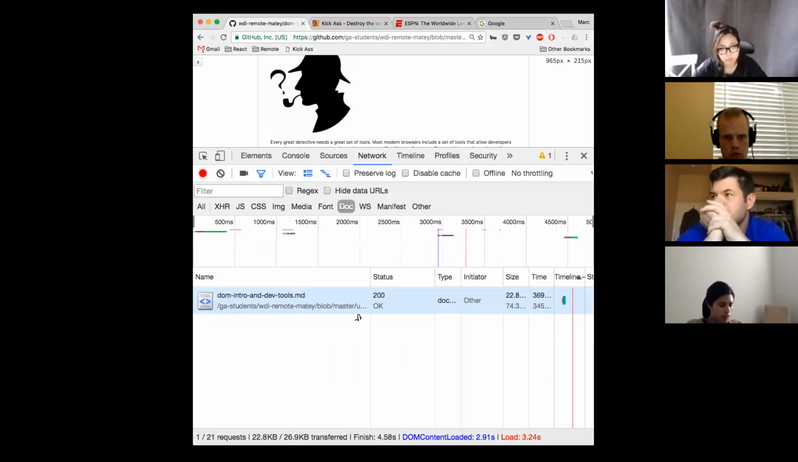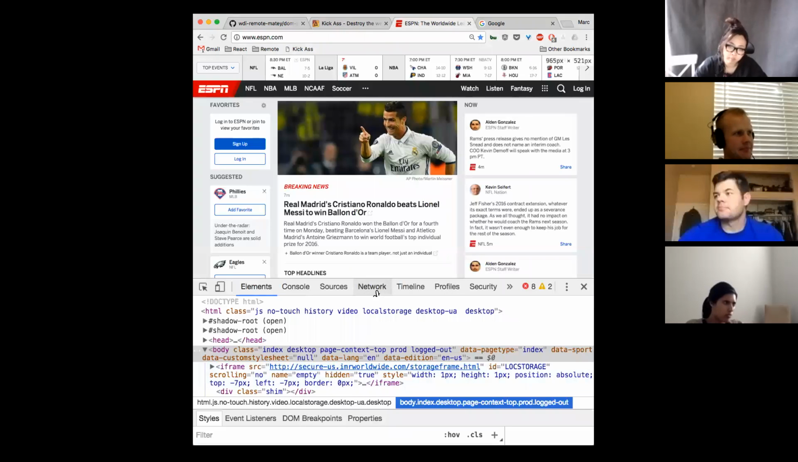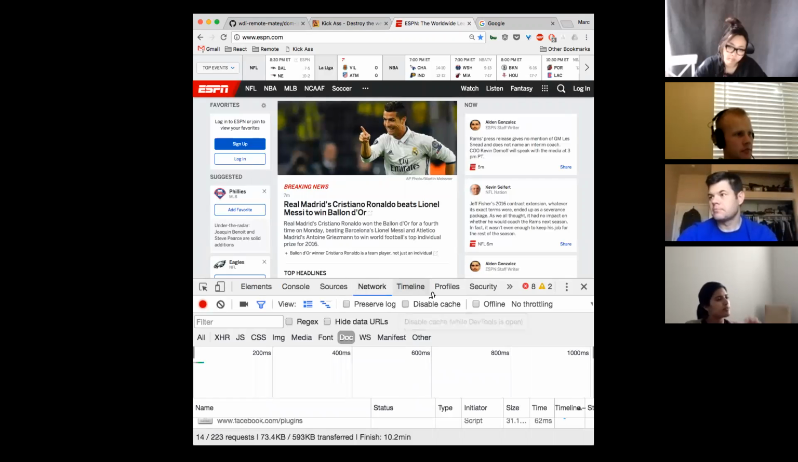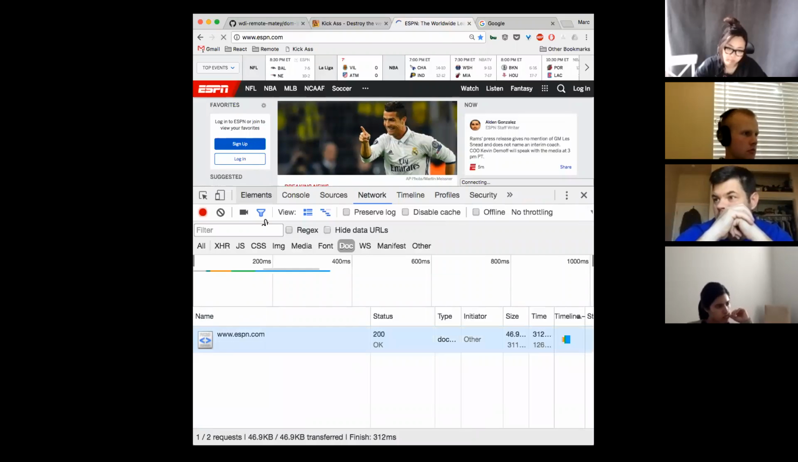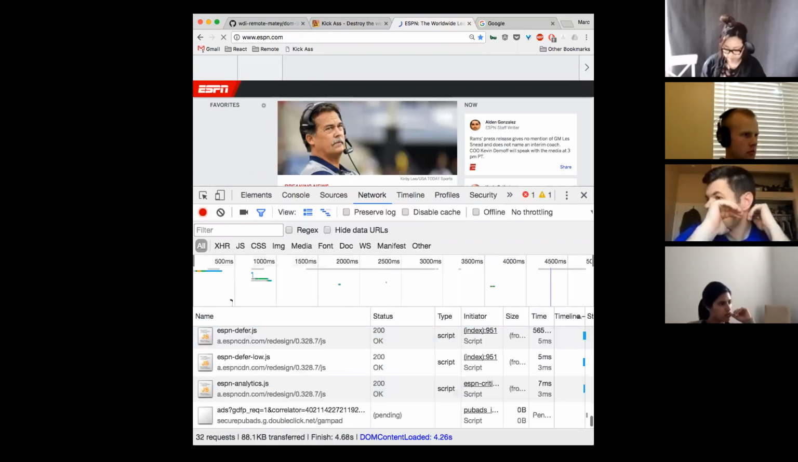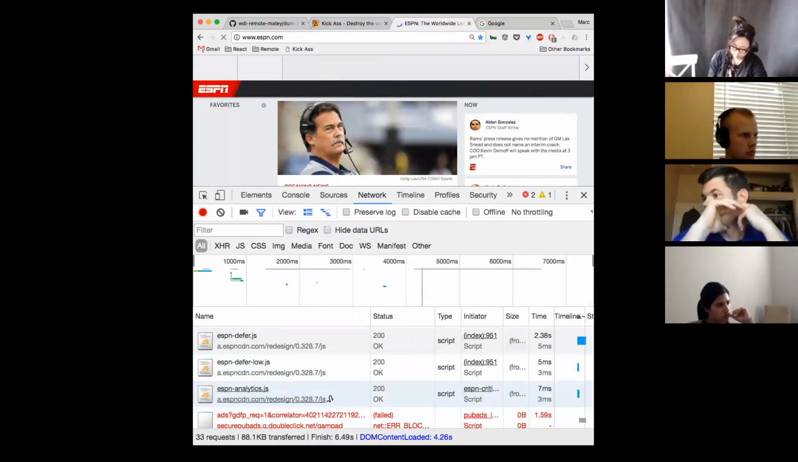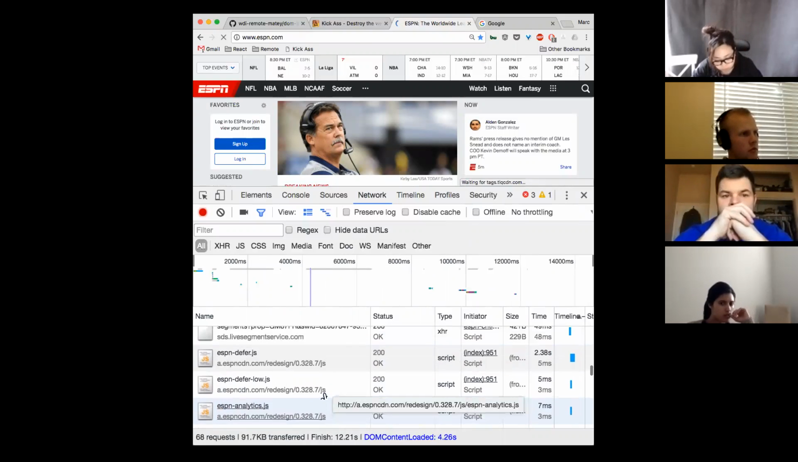Give you guys a bit more real estate. Actually, this one's kind of a boring one. Let's go to ESPN.com. If you go to ESPN.com and go to the Network tab, let me make this a little larger so you can actually see it. There's like 223 pieces of information that ESPN is sending us, and you can see that here in real time. Let me refresh my page. These are all the ingredients that we're getting from ESPN.com